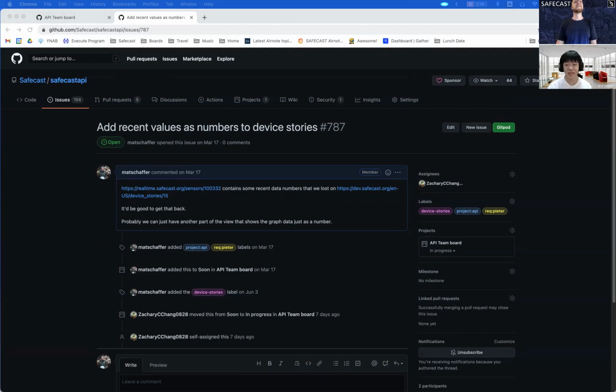So cool. Yeah, deploy just finished. You're more familiar with the change than I am, so take a look at the device stories on dev.safecast.org, and if it looks good to you, then it looks good enough to me. I'll go ahead and give it an approved checkbox. So whenever you're ready, you can just click merge, and then give me a heads up, and we can push out to prod. Yeah, the only thing that I'm concerned about is